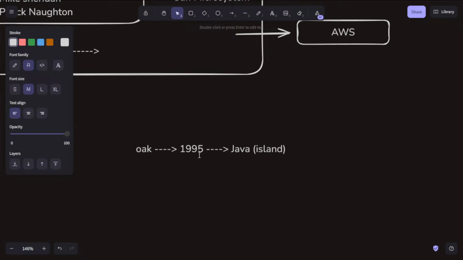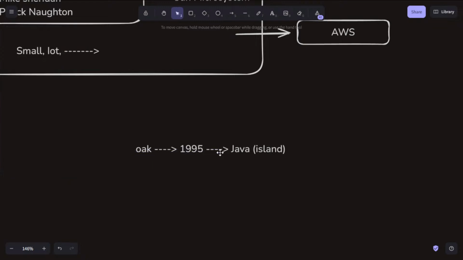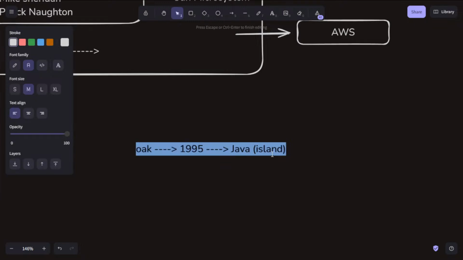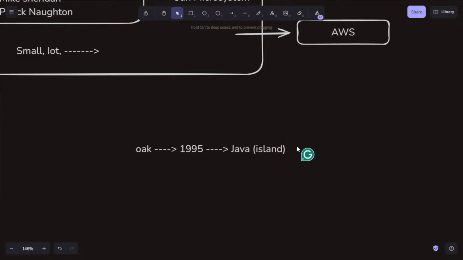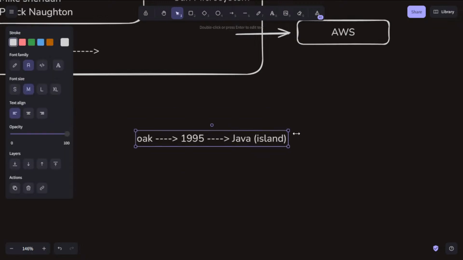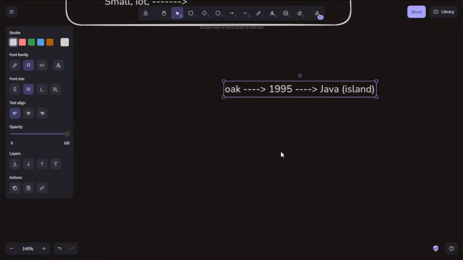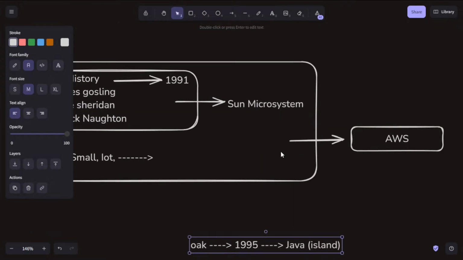The name Oak was converted to Java in 1995, after the island present in Indonesia. These are the basic introduction about Java history and Java.